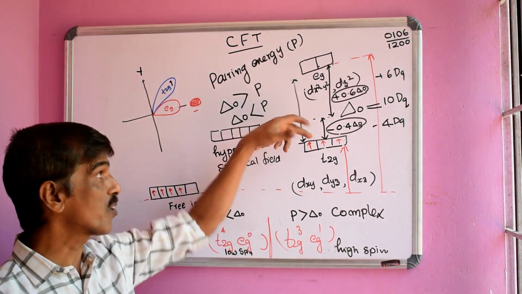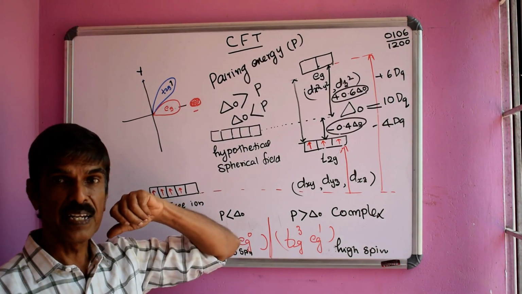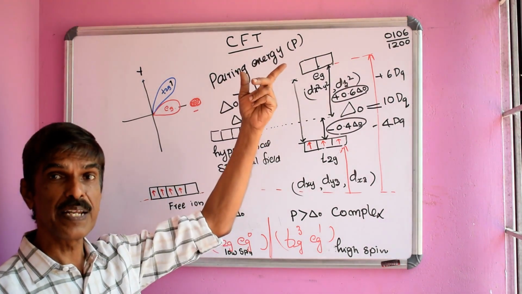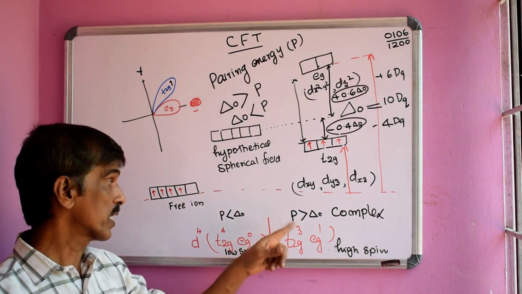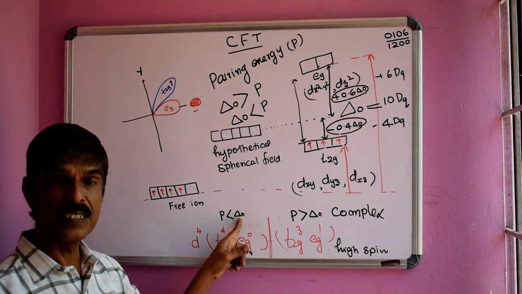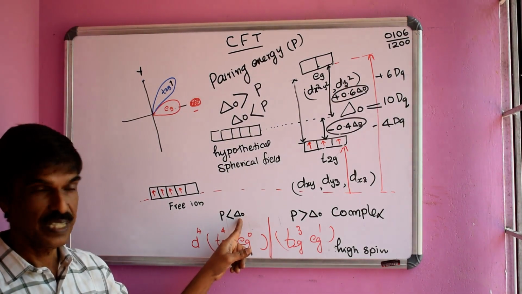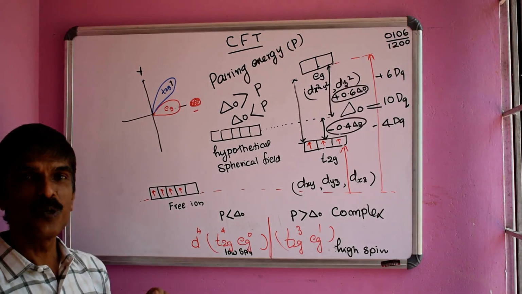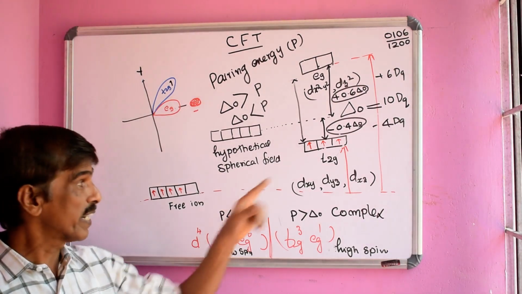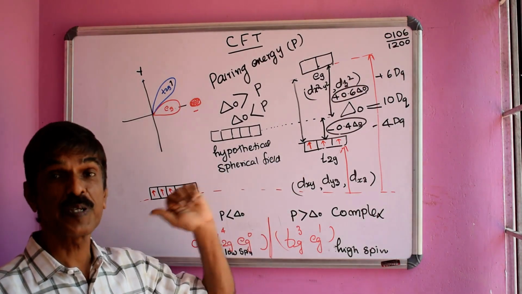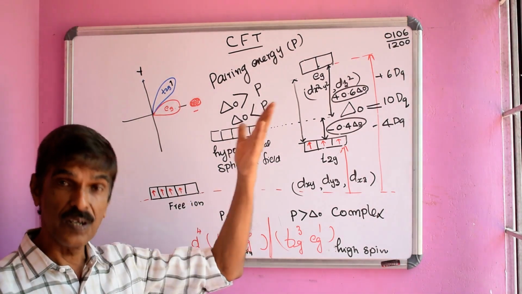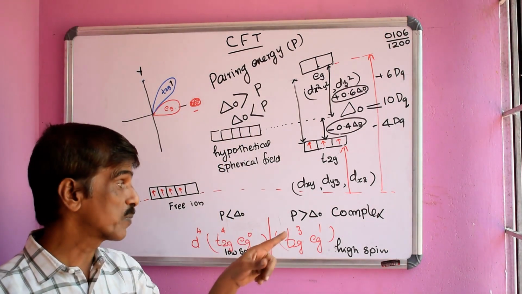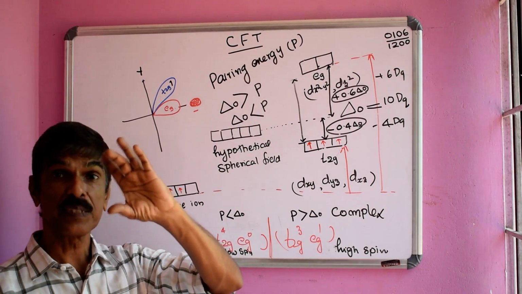ഇഫ് ദ ലിഗാൻഡ് ഈസ് സ്ട്രോങ്, നമ്മൾ പറഞ്ഞു, the gap will be very large. If the ligand is strong, the gap will be very large. Here you can see this delta O is large. That means it forms a low spin complex. ഇവിടെ സൈനൈഡ് വന്നാൽ എന്താ സ്ഥിതി? സൈനൈഡ് വന്നാൽ ലോ സ്പിൻ കോംപ്ലക്സ് ഫോം ചെയ്യാം. ഫ്ലൂറൈഡ് വന്നാലോ high spin. The gap is very small in the case of fluoride because fluoride is, നമ്മൾ പറഞ്ഞു,